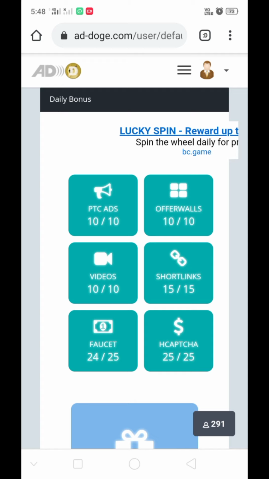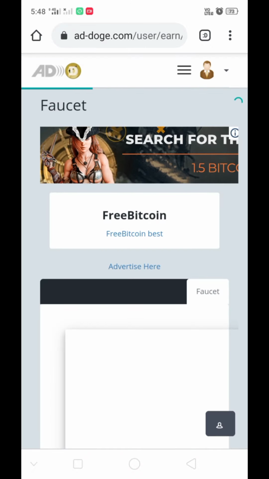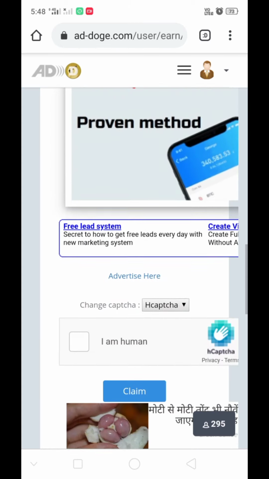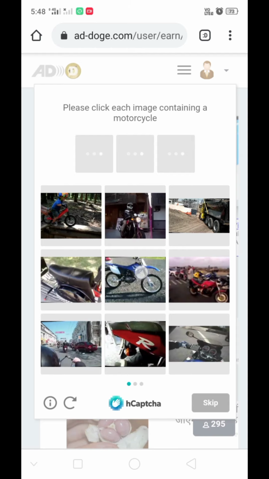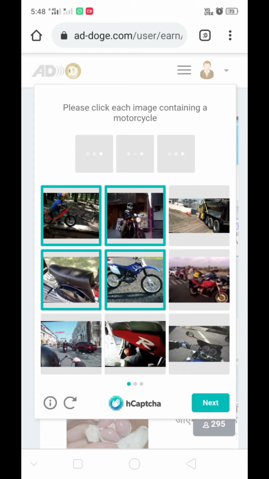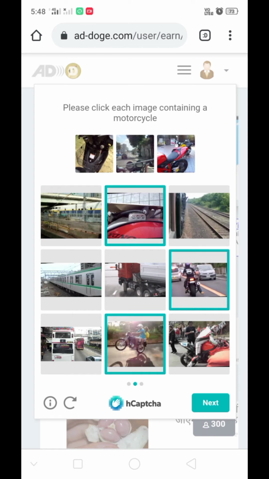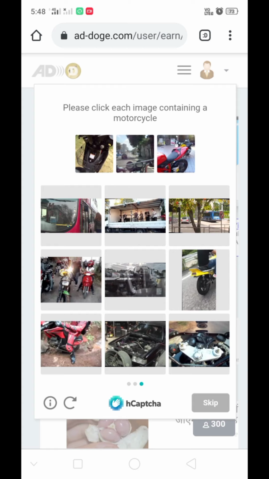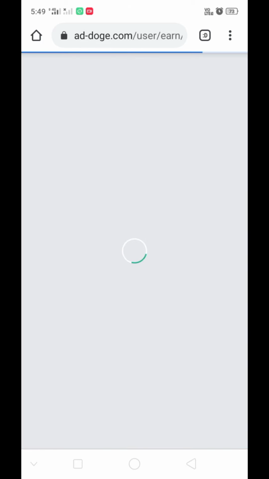Now I complete the one remaining faucet. See there, my 25 faucets are completed.